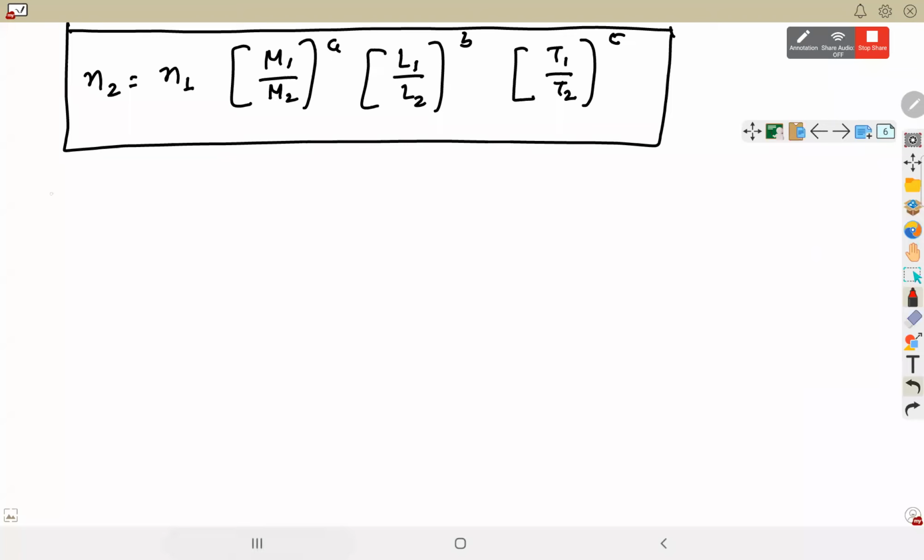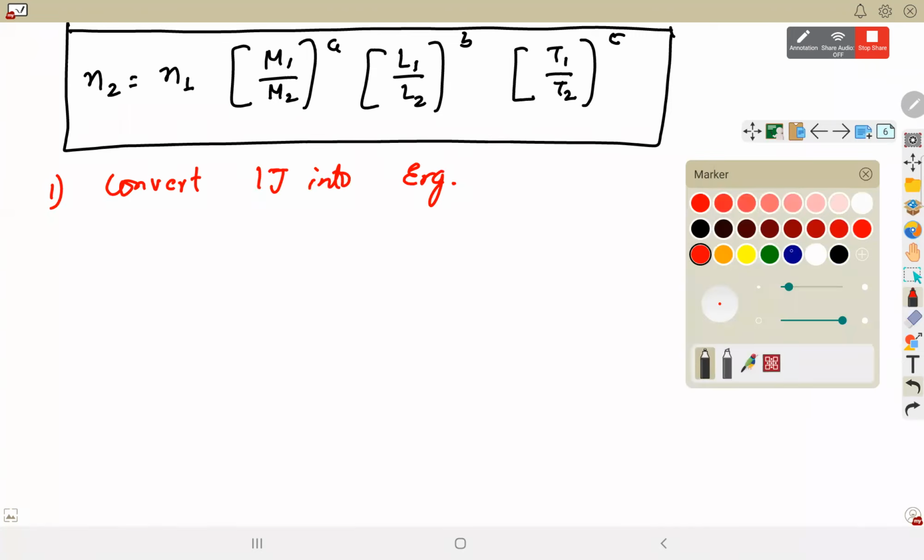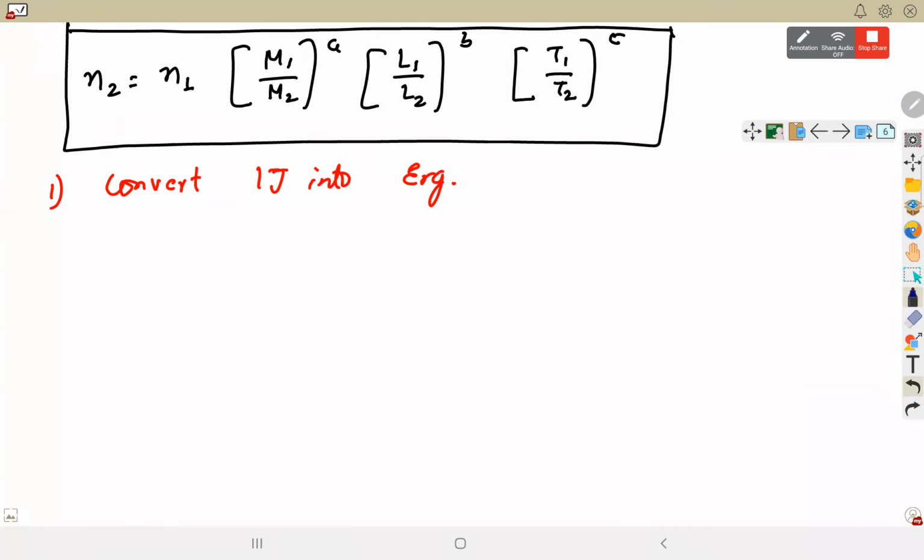लेट्स से कन्वर्ट 1 जूल इनटू अर्ग. अब ये आपको पता होना चाहिए कि जूल किस सिस्टम में यूनिट है. जूल इज एनर्जी यूनिट, राइट? ऐसा लिखा नहीं होगा कि एनर्जी को कन्वर्ट करें, वो आपको समझना है. जूल इज एनर्जी और वर्क. एनर्जी की यूनिट सिस्टम हमें पता है, जूल इज mks, स्टैंडर्ड सिस्टम इज mks, एंड अर्ग इज सीजीएस सिस्टम ऑफ यूनिट. सो हम कन्वर्ट कर रहे हैं एनर्जी को.